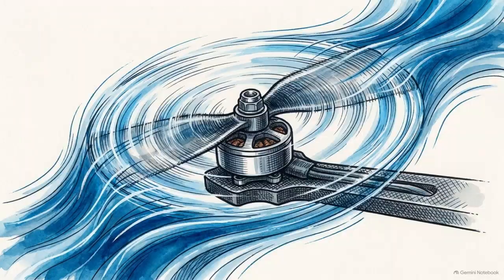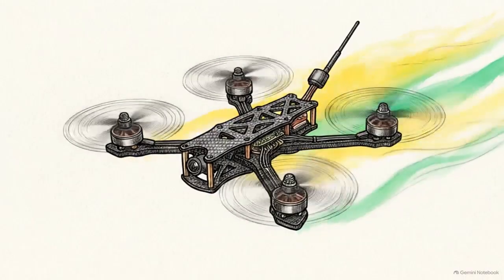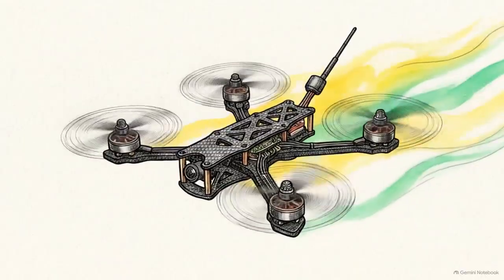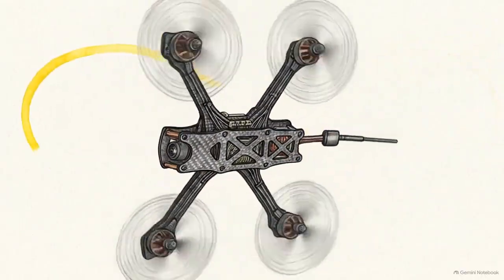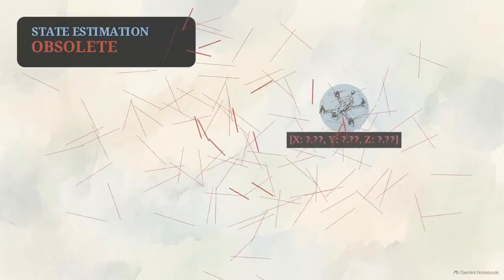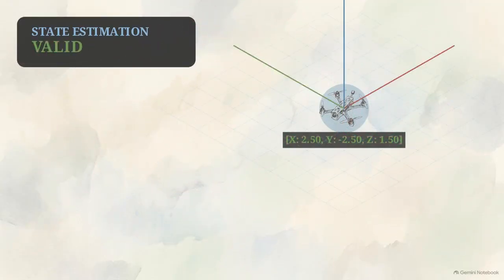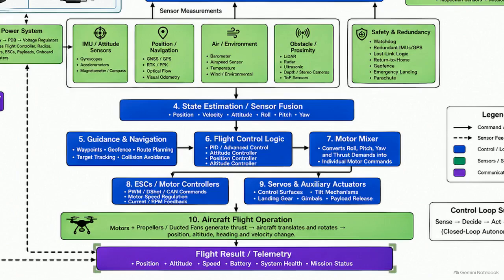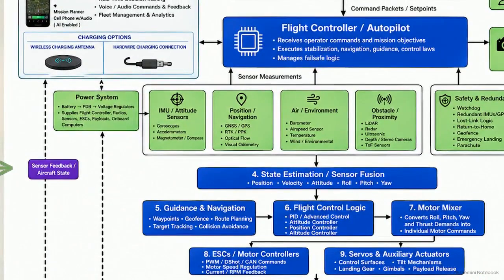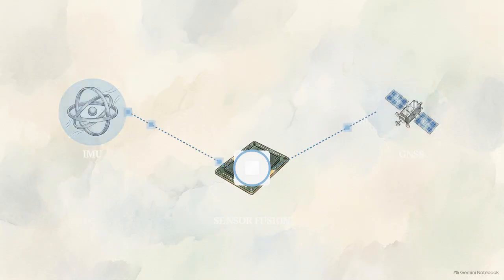As the motors receive their power, they generate thrust and alter the aircraft's physical trajectory. The drone physically banks through the air, correcting its error and closing the gap to the commanded set point. The millisecond that movement occurs, the mathematical state estimation the drone just calculated is rendered obsolete. This new physical reality is registered at the bottom of the flowchart as the flight result. That updated spatial data flows back up the feedback loop to the sensors. The IMU and GNSS ingest the new positioning, immediately feeding it into the sensor fusion block, and the entire control